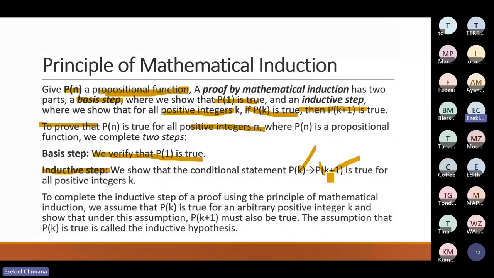So if you have managed to show that, then you are good to go with the principle of mathematical induction. To complete the inductive step, we assume that P of k is true for any arbitrary positive integer k, and show that under this assumption,